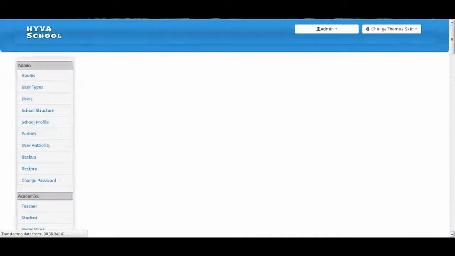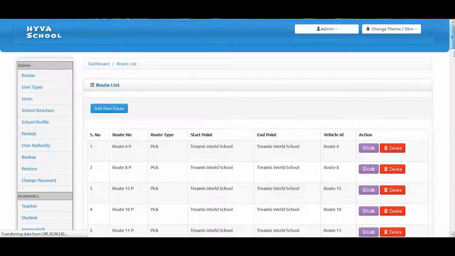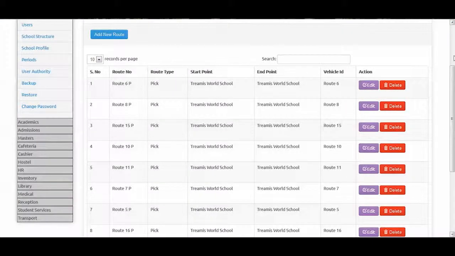The route list page helps the user to add all the routes available for pickup and drop. Here the user can add new routes by clicking on add new route. We have a pre-added data. On editing we will see the fields available: